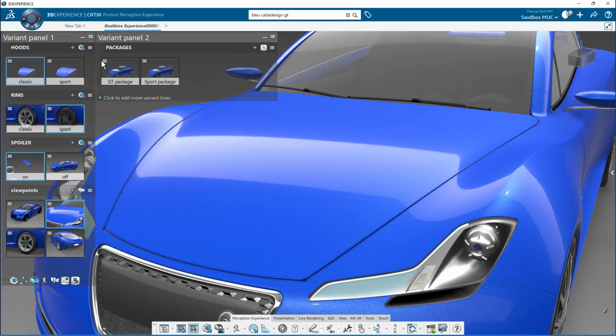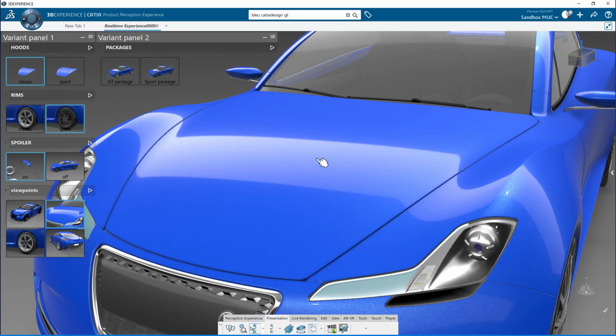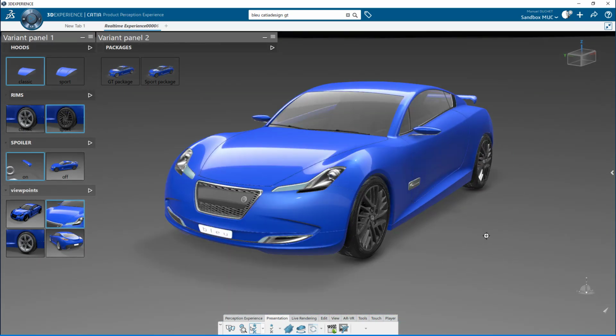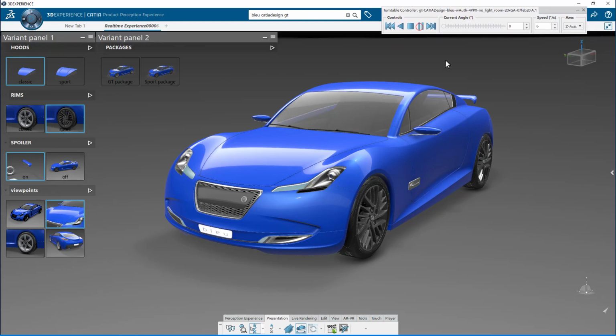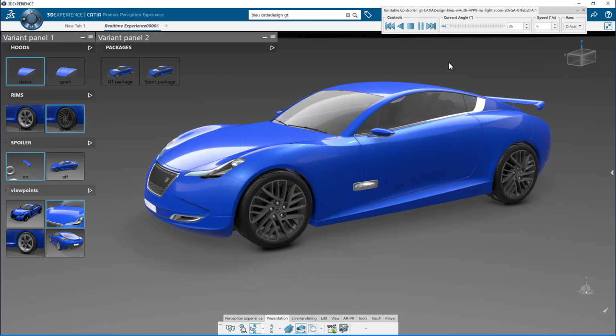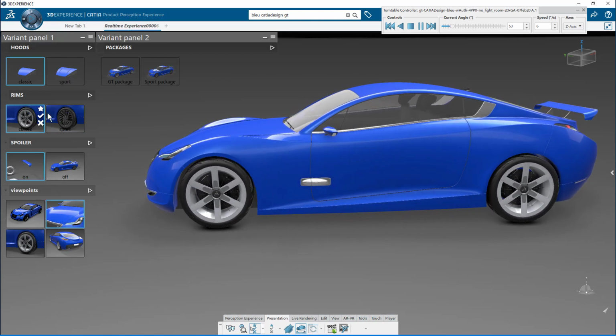Maybe some details about the presentation mode. So let's go back to presentation mode. There are a couple of nice features worth mentioning at this point. The turntable, first of all. So here is a panel to control a turntable, turning slowly, and while the turntable is turning, I can keep switching variants.